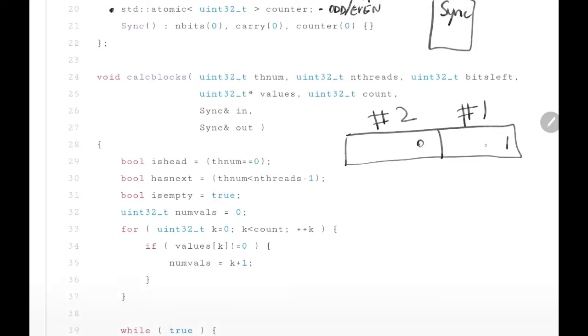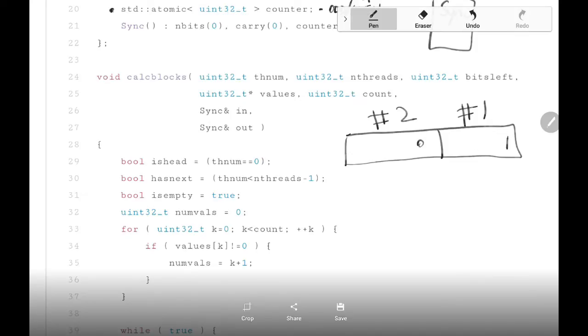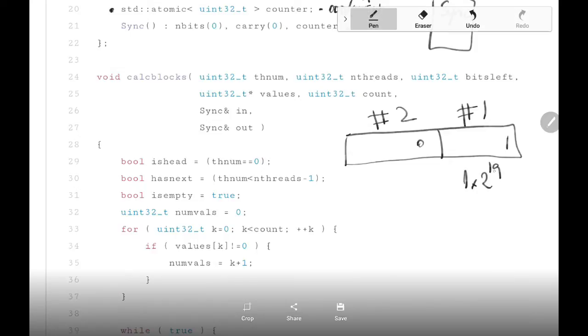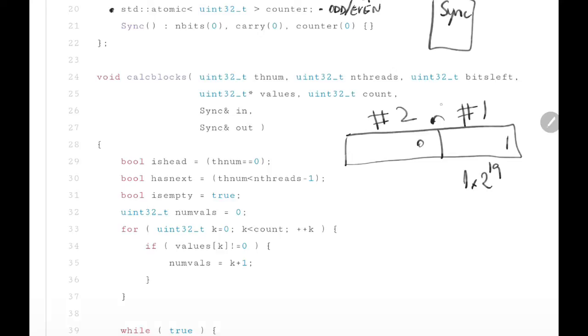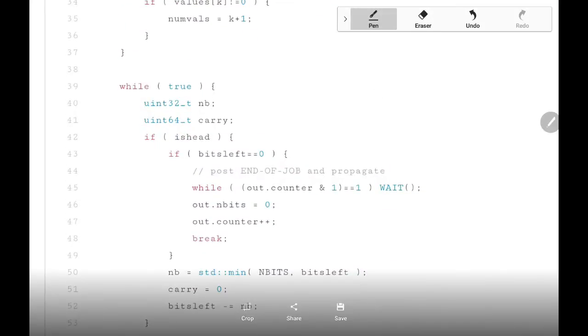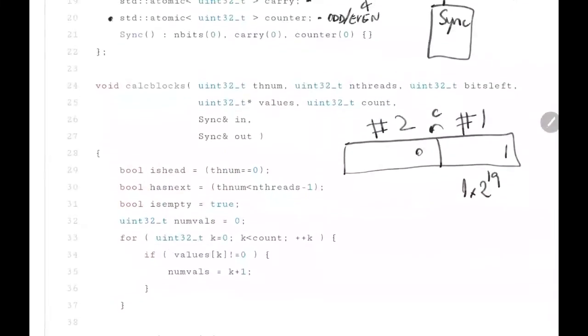Thread number 1 has 1, and it's supposed to compute 1 times 2 to the power of 19. Initially the result is going to be a big number and a 0 carry, so nothing happens. But in the next calculation, there will be a carry going over to thread 2. And when that happens, and this is way down here, when that happens,